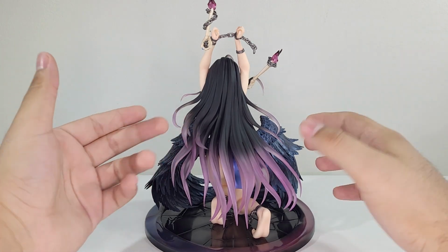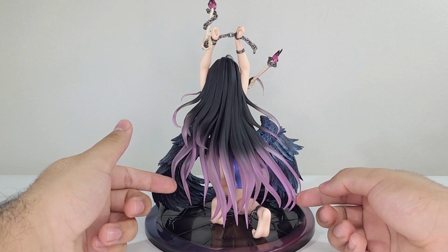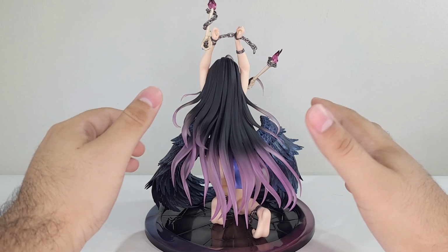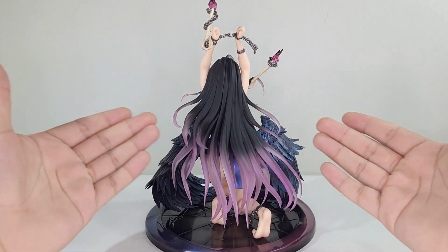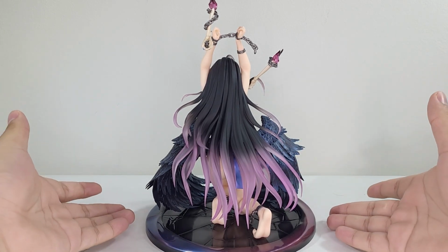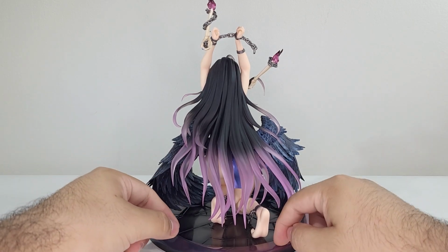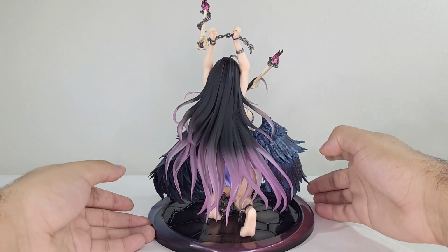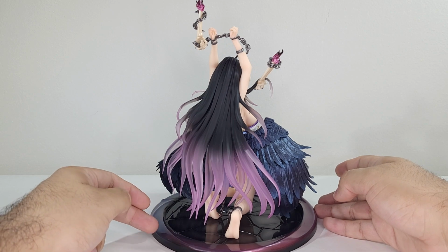In terms of the actual hair, it's still soft plastic, so again, don't worry too much about breaking off the tips at the end, although do still be careful with the figure. This is an expensive figure, it could still break at any point if you are rough with it. So yeah, the base itself is hollow, but it is of nice quality. It is solid plastic, and the paint job that they did with the transitioning and the fading between